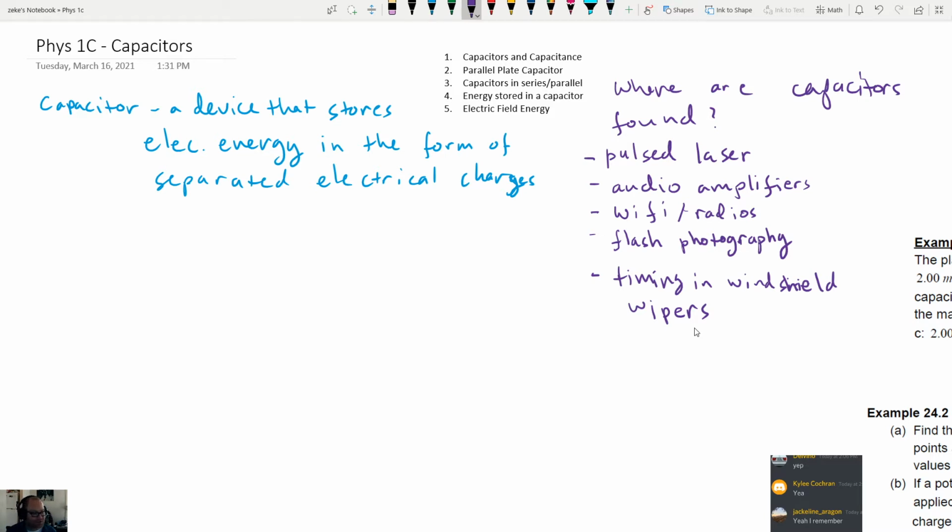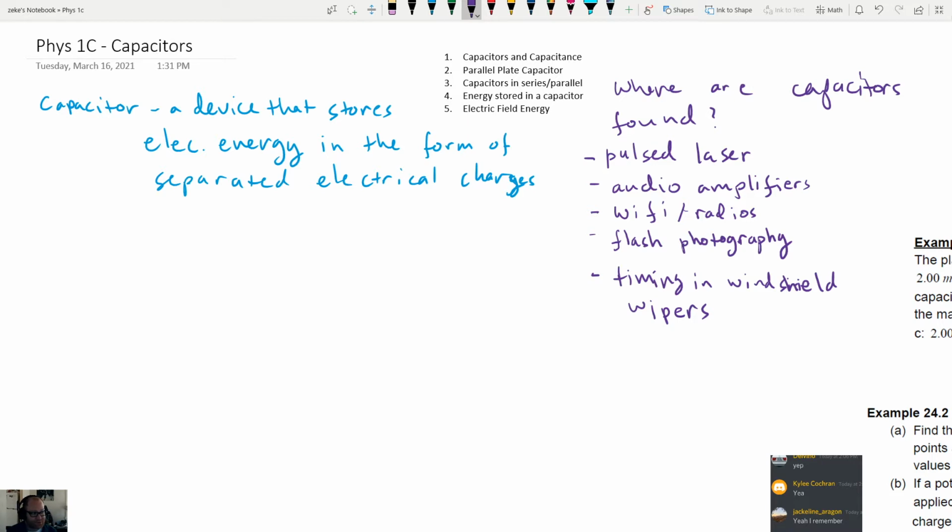I'm sure when you use your windshield wipers, which you don't have to use very much, obviously, here in Los Angeles, but when you use them, the rate at which those things are sweeping back and forth is very consistent. And it's controlled by capacitors. And when you switch the knob, or whatever you're switching in order to change the rate at which the wipers are going back and forth, physically what's happening within your electrical system is it's changing this thing we call capacitance, which will then change the timing. And we'll learn all about how this works in this class. Okay, so